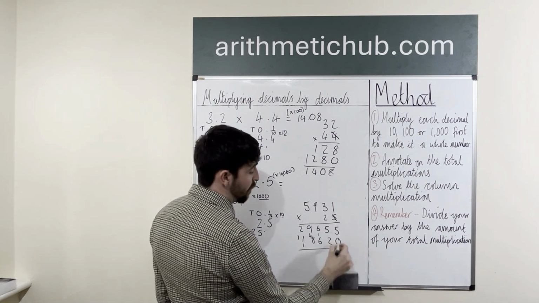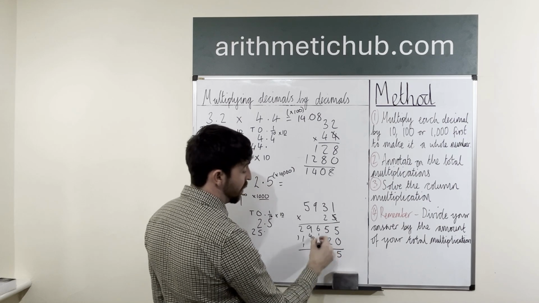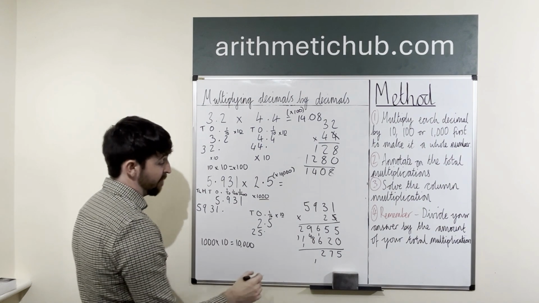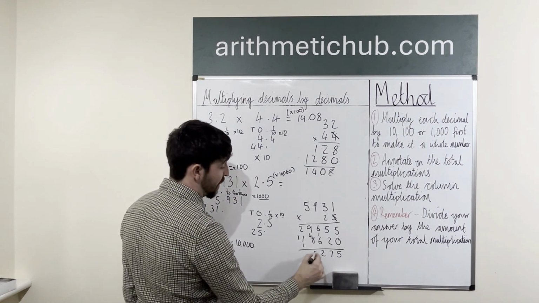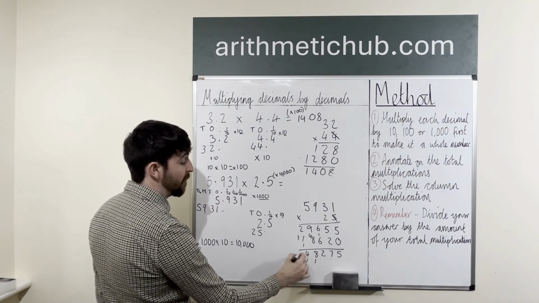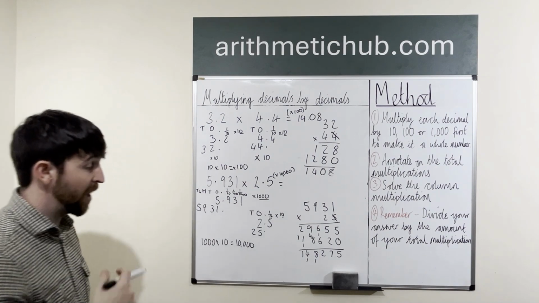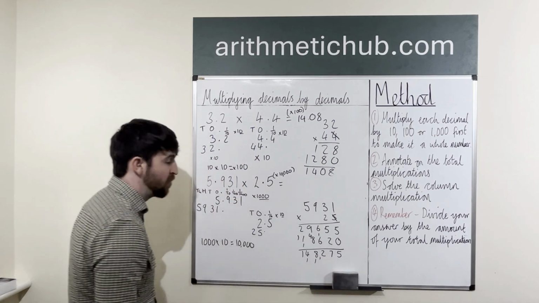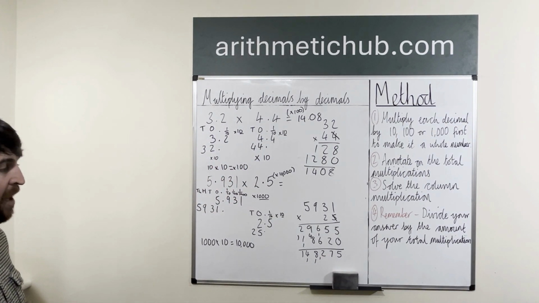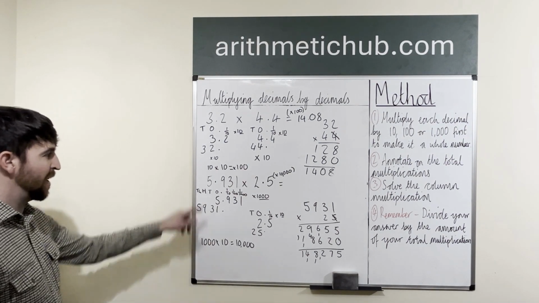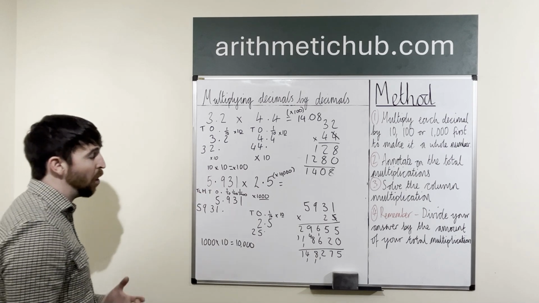5 add 0 is going to give me 5, 5 add 2 is 7, 6 add 6 is 12, 9 add 8 is going to give me 17, add the 1 is going to give me 18, 2 add 1 is going to give me 3, add the 1 is going to give me 4, and then 1 add nothing is going to give me 1. For an answer of 148,275. Now straight away, again with our eye test and when we're thinking about it, if I'm having more than